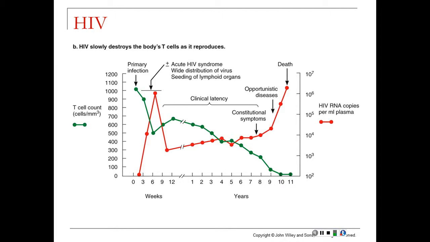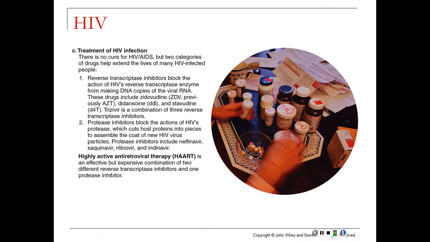This diagram here shows the slowly disintegrating T cell count. That's this green line. I know my colors. The red line is showing you the number of RNA copies. So in other words, as the T cell count declines, the number of RNA copies increases, which ultimately means the number of HIV viruses increase. Treatment, as I mentioned, those reverse transcriptase inhibitors and protease inhibitors are the two molecular pathways that are being researched. And that concludes